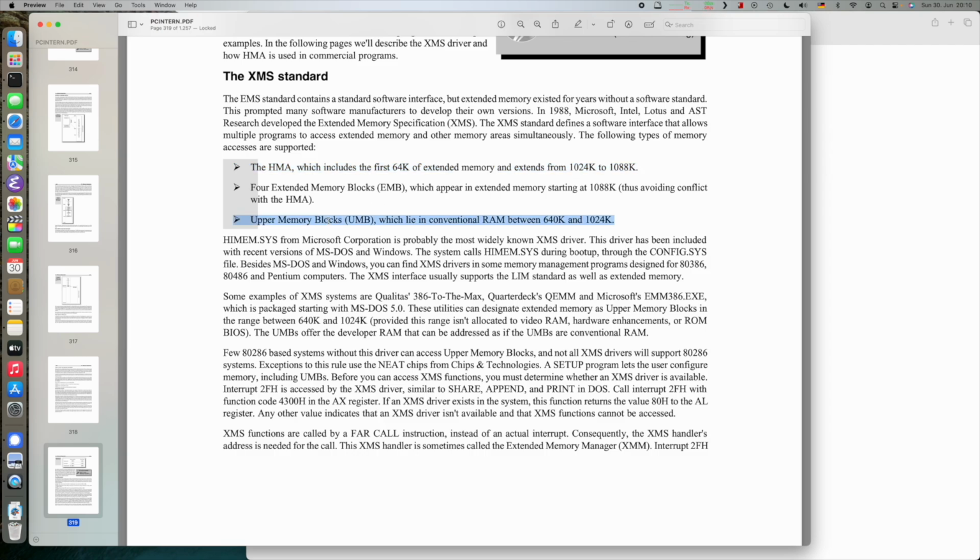Also, there is the space between 640K and 1024K, if there's free space, and there is memory in that region. It's called an upper memory block, which can also be used, and you can also call or request this via the XMS memory specification driver. And last but not least, it's the thing that we can actually do that